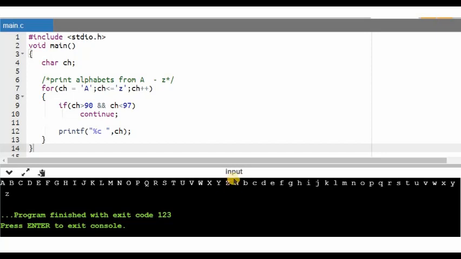As soon as ch becomes 91, this condition becomes true: ch is greater than 90 and less than 97. If this condition is true, it shouldn't print, it should simply continue with the loop and go to the next value of ch. So this happens from ch equals 91 till ch equals 96. And as soon as the value reaches 97, it again continues to print the values.